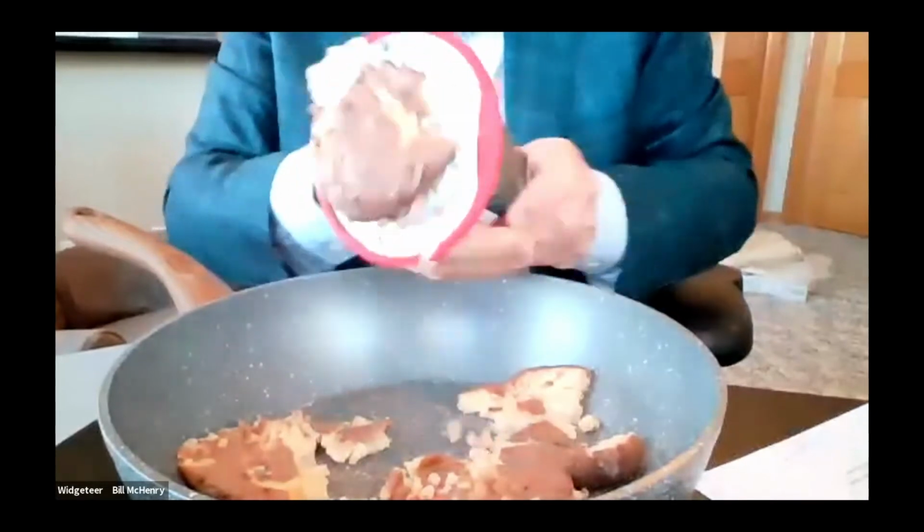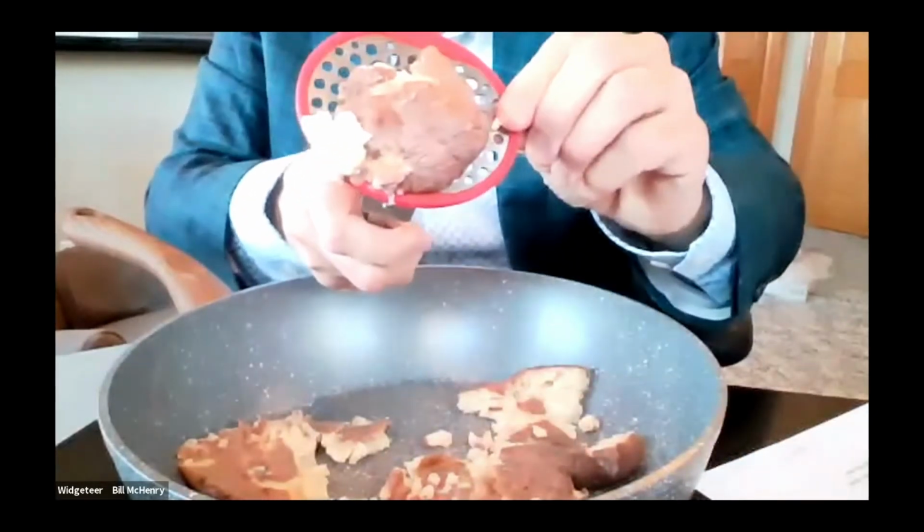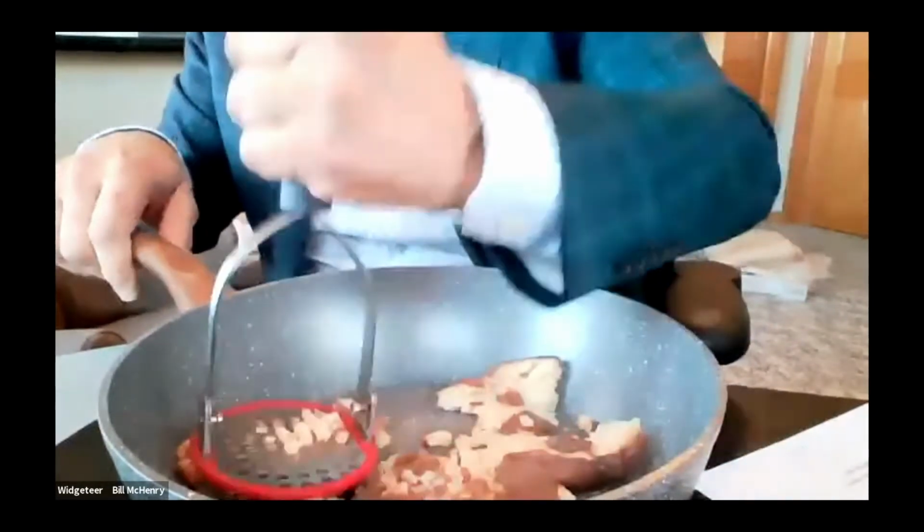It's not breaking at all. It's not snapping out of place. It's really locked into place. Again, an amazing tool. So to recap,